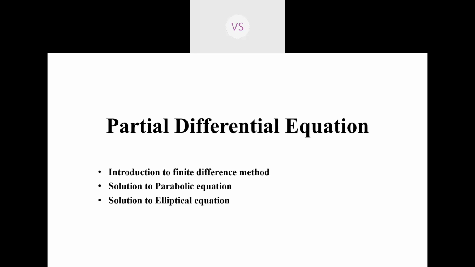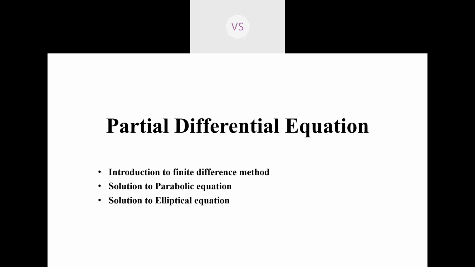Now we have to learn different methods to obtain the solution of partial differential equations. So first, what is a partial differential equation? In partial differential equations, there will be partial derivative terms. We take partial derivatives when there is more than one independent variable. So the equation containing partial derivative terms, that is, containing more than one independent variable, is known as a partial differential equation. You come across this partial differential equation in heat transfer, the heat conduction equation.